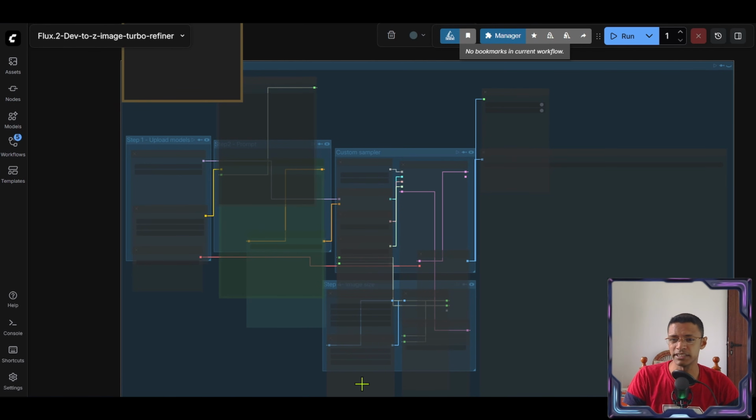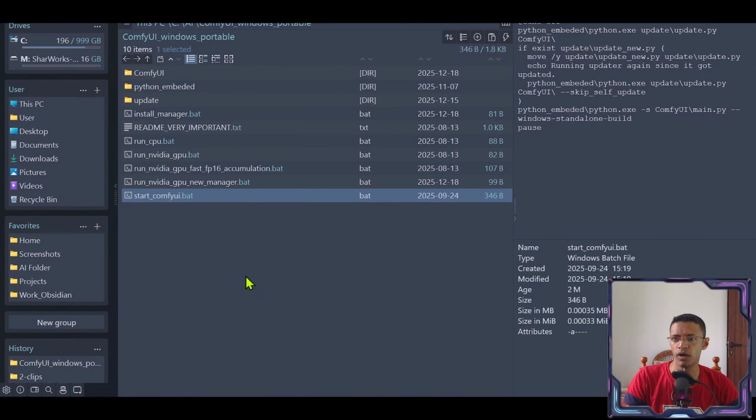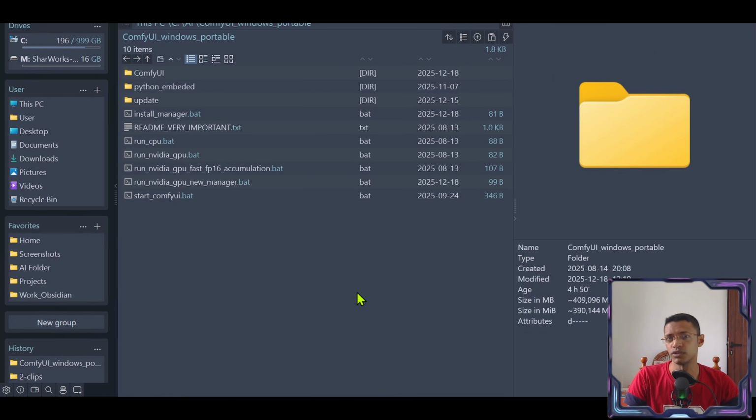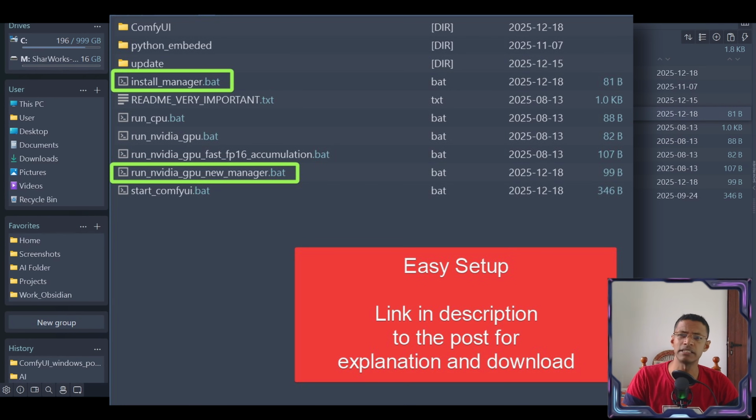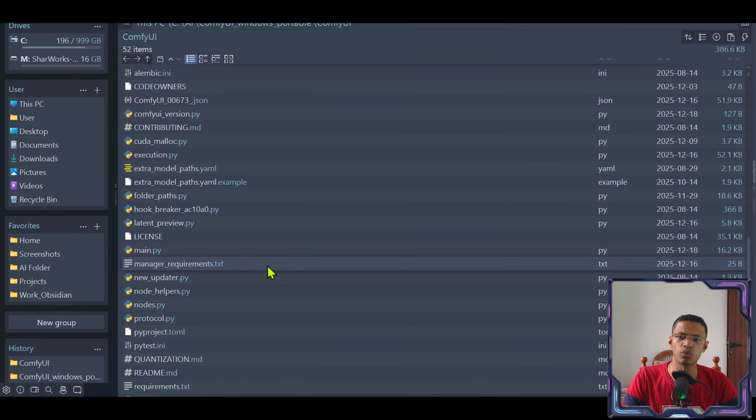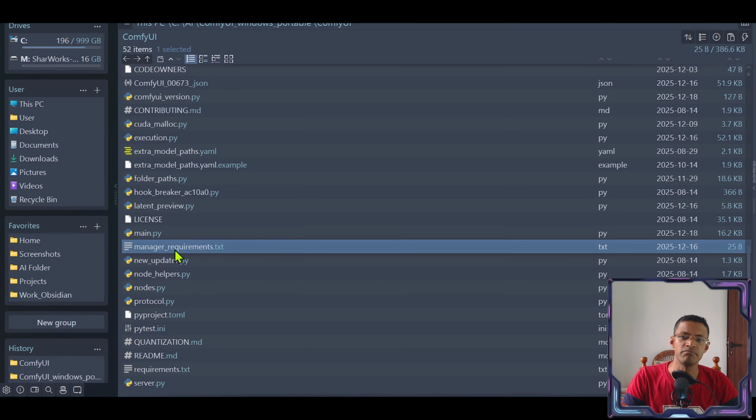ComfyUI. We'll actually need to close out ComfyUI and then go inside your ComfyUI portable folder if you have the portable version. For my Patreon supporters, I'm going to give you two files that you can run. Now, regardless of whether you have the portable version or a separate manual installation of ComfyUI, the setup is going to be the same. What you'll need to do is go inside the ComfyUI folder, and in here scroll until you see this